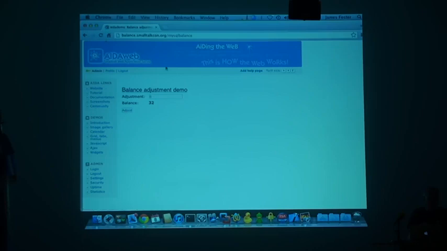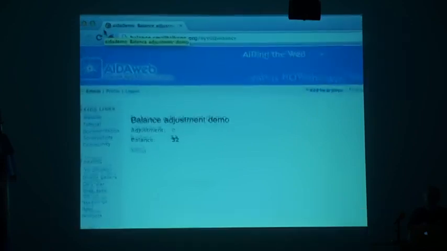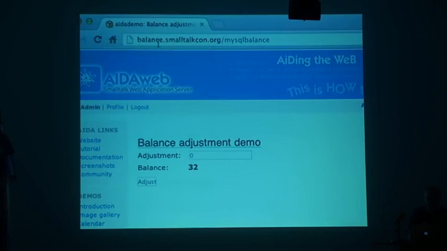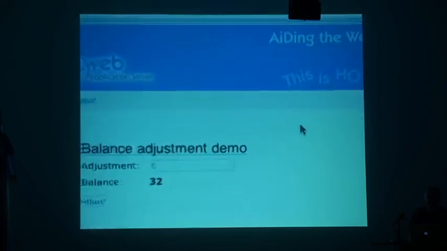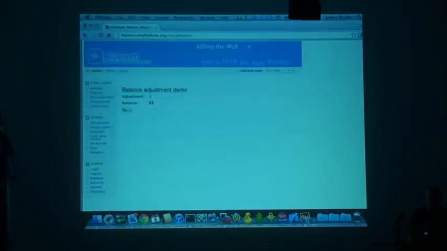What's the login? You do not need to log in. If you go to this, rather than just saying balance, say balance / MySQL balance. Okay. And so right now, I'm going to 32. So if I do a refresh,